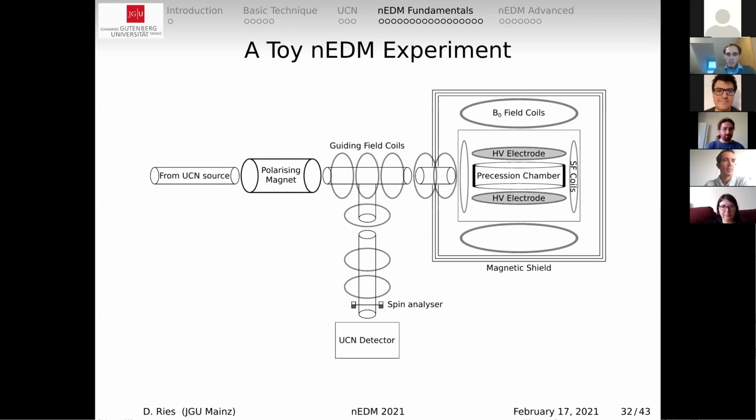Okay, so we can also put this in place. And now we can measure the spin, or we can count the number of neutrons which arrive here with this spin state. So that's already pretty good, but it's not 100% all what we need, because as I said before,